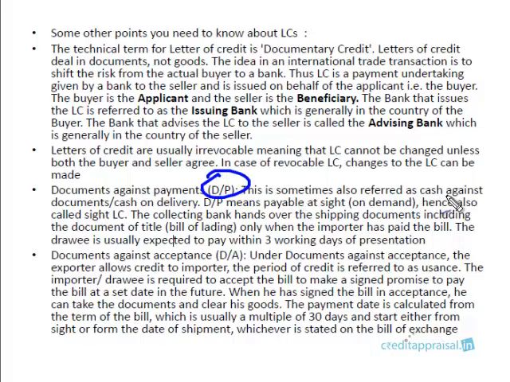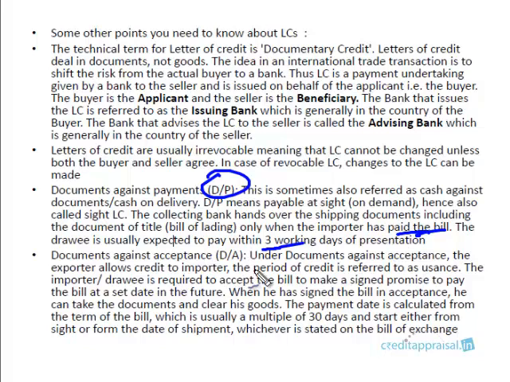So DP means cash against documents or cash on delivery. Let's take the example we've been discussing. SBI will hand over the documents to us so that we can go and take delivery from the port. In DP, the bank will hand over these documents to us only when we pay the bill. Usually some period is given, say 3 days. Within 3 days of the presentation of the bill, if we make the payment, the bank will release the documents to us. So that is DP.